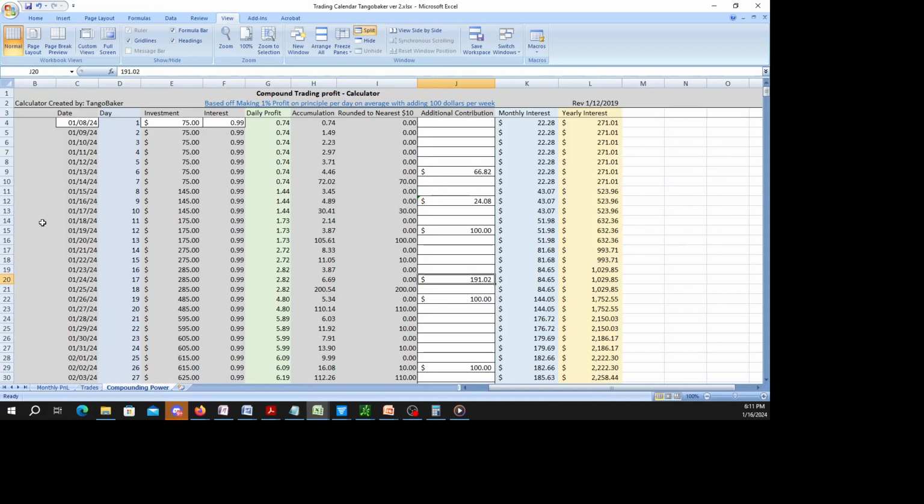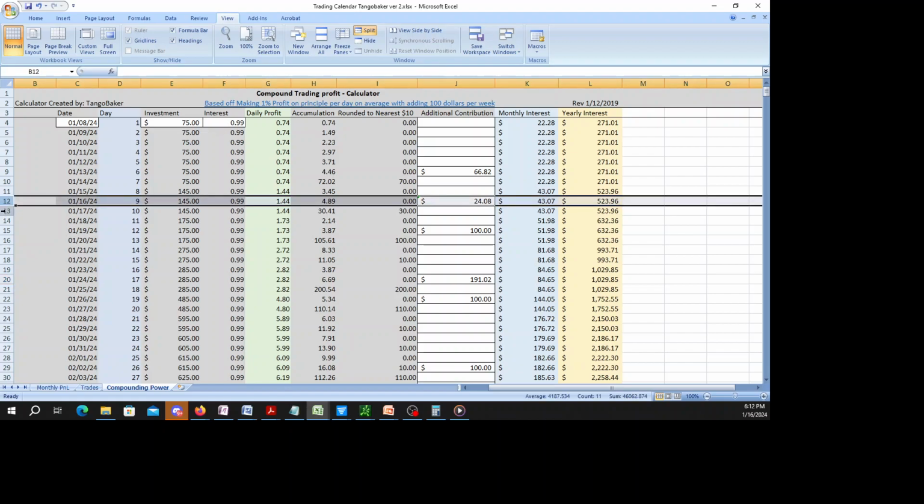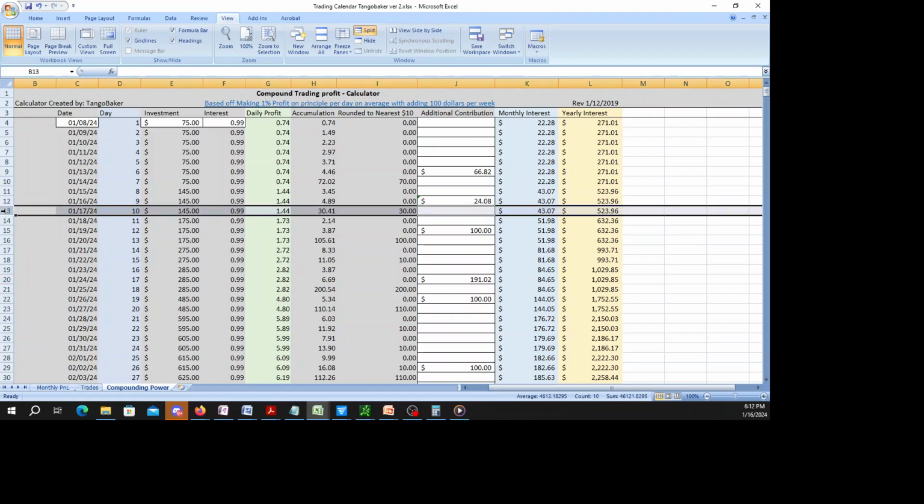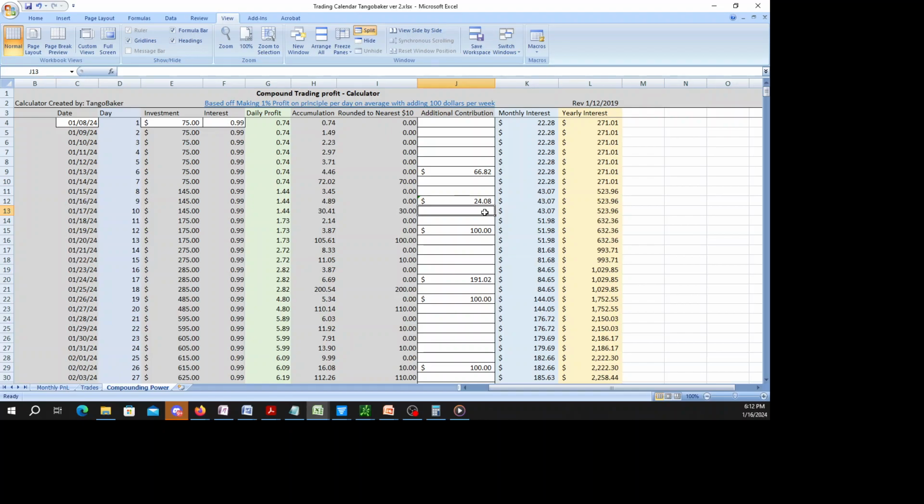Tomorrow is the 16th. So here on the 16th, tomorrow's the 17th. So tomorrow, all I have to make is $1.44 to stay on track with the compound interest process. The only problem is my PDT trades, and I also merged my TOS account and my Schwab account into one, so I'll be able to see the day trades available on